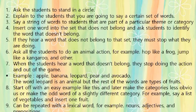Steps in implementing the strategy. First, ask the students to stand in a circle. Second, explain to the students that you are going to say a set of words. Third, say a string of words to students that are part of a particular theme or category. 4. Insert one word into the set that does not belong and ask students to identify the word that does